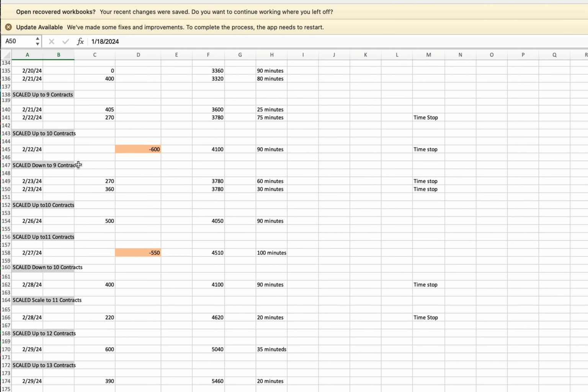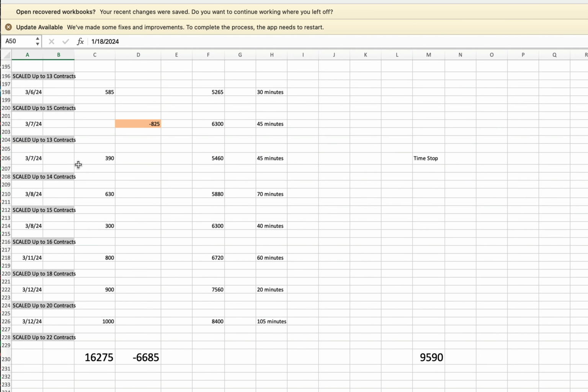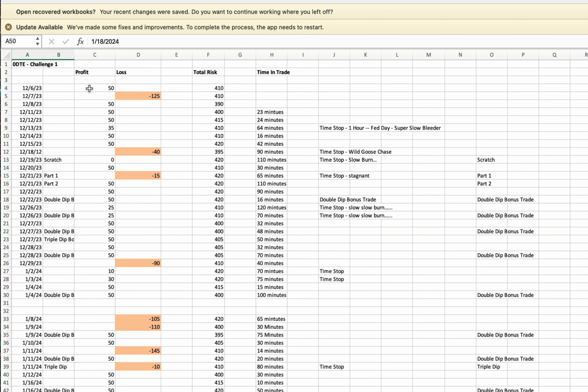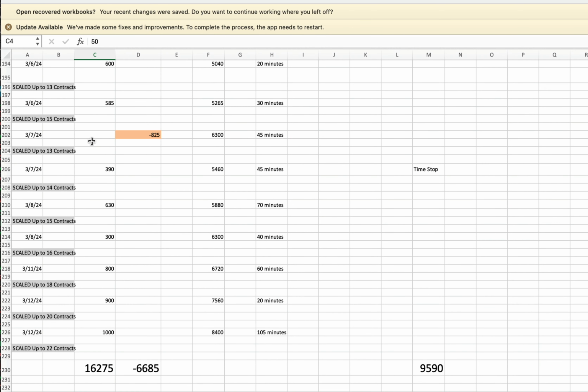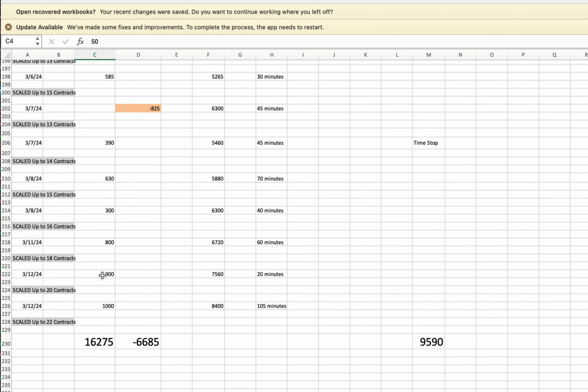And so I've just continued this project all the way up till yesterday, which was my first goal, my first milestone. My first goal was to see if I could get to $1,000 per day or per winning trade. So when I started off, it was $50 per winning trade. That was the profit for each trade. The profit target for each trade at one contract was $50. So my plan was to scale it up to the point where I'd be making $1,000 per winning trade, which would be 20 contracts. And we hit that yesterday.